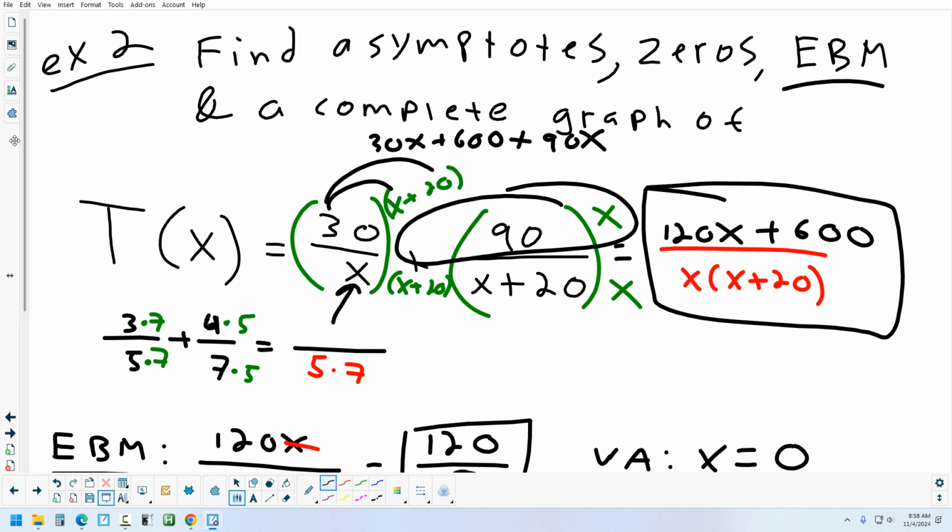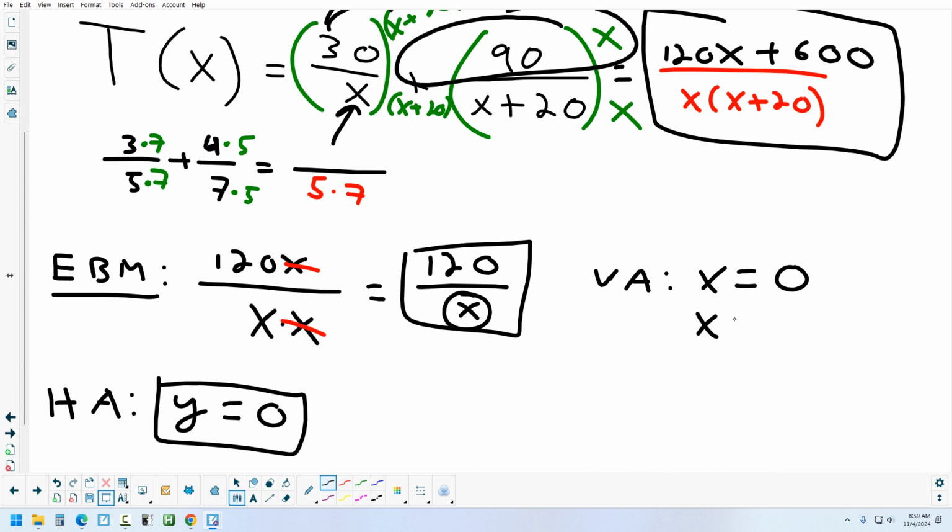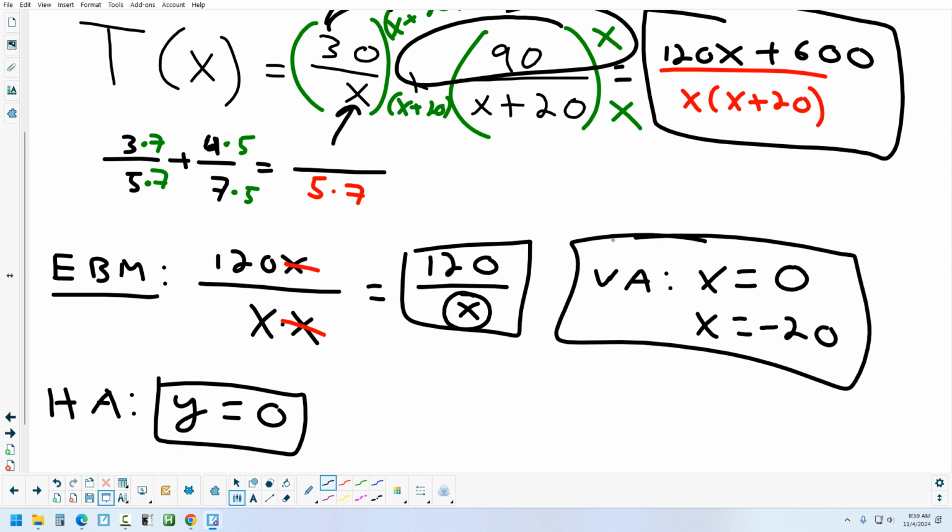Negative 20. Now, you might be thinking, wait a minute, how could x be negative 20? X is the speed of the car. We're forgetting it's about a word problem. Okay? So we're just answering the questions they wanted us to answer. So x is negative 20. Okay, so we got our EBM, we got our horizontals, we got our verticals,